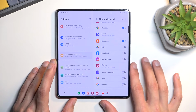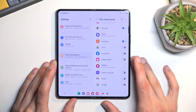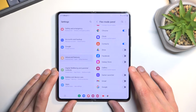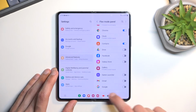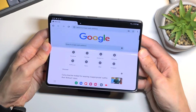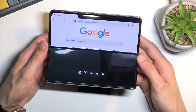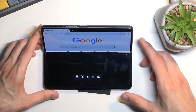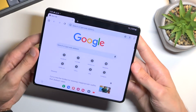So I know that you basically select every app that you want to use with this mode, but just before you start checking all of them up, thinking that they have some majestic features behind it, the app needs to literally be optimized for it. If it's not, like Chrome, and you do this, it just does this. So it moves the bottom portion of it to the top screen, if you can call it a top screen, and then you can just close this as an example if you want to, or